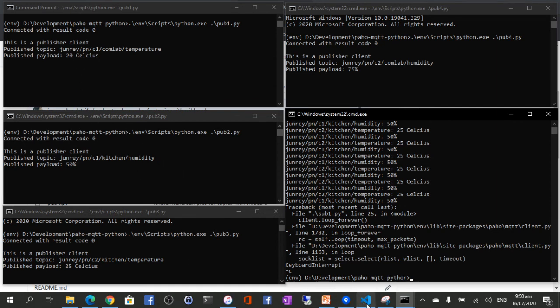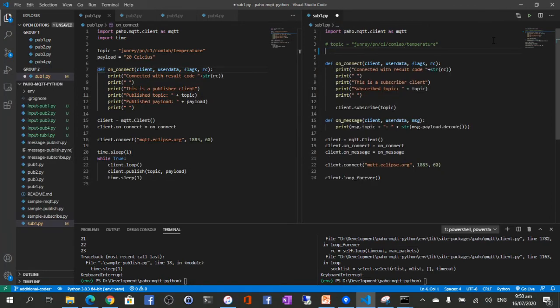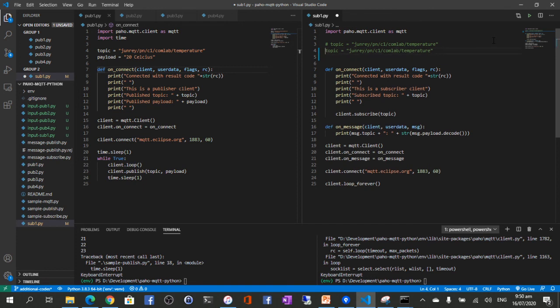So to do that, here I will take this out again, copy, and then paste, and then I mentioned I want to subscribe to both the C1 and the C2, so regardless of whether it's Comlab or kitchen, or temperature. So to do that, I'll replace it with this one. Okay, and then let's check. Let's run the code again.